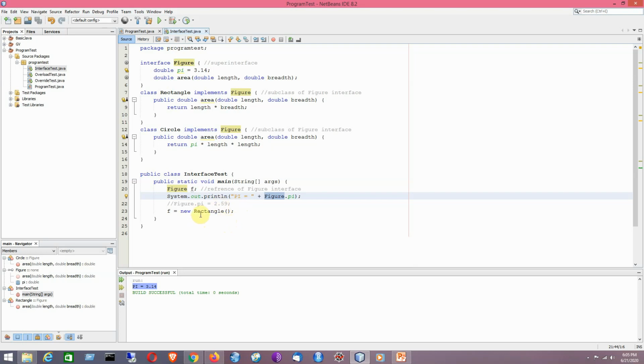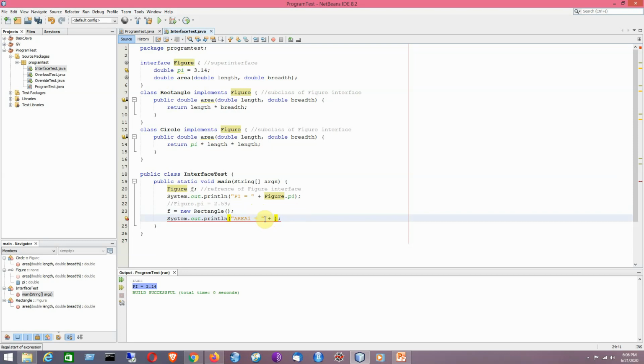Now I have created an object of the Rectangle subclass, and it is pointed to by the super interface reference f. So now I can calculate the area for a rectangle.